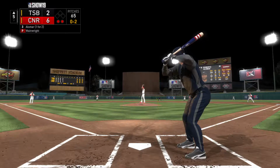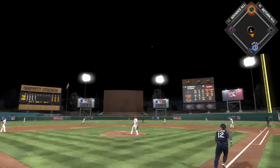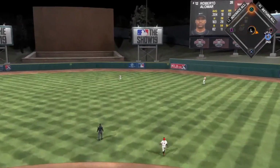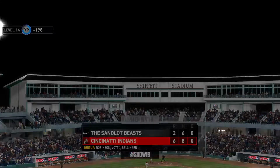The windup and the 0-2 pitch. Pulled toward right center field. Suzuki is in pursuit. He gets there to make the play, and that ends the...